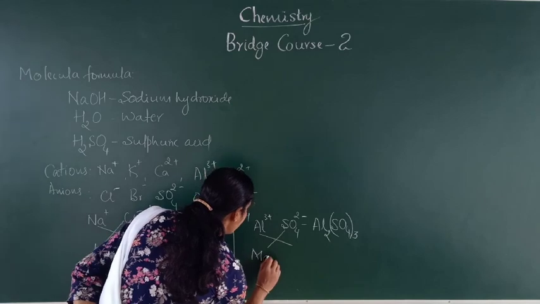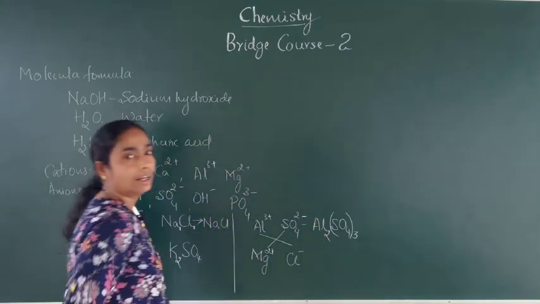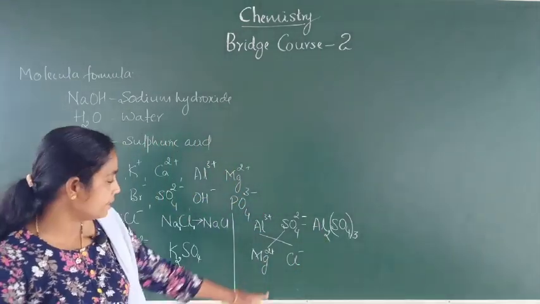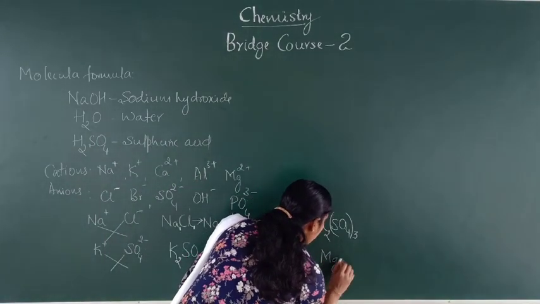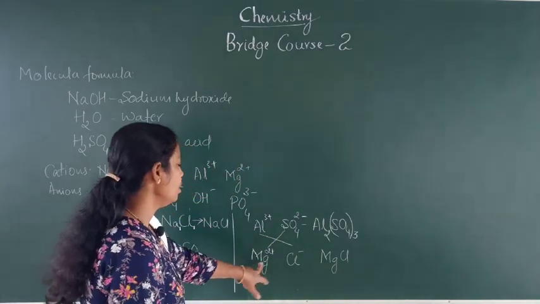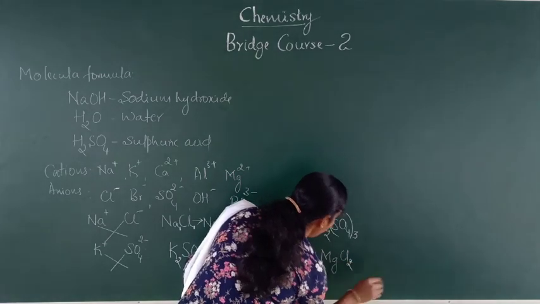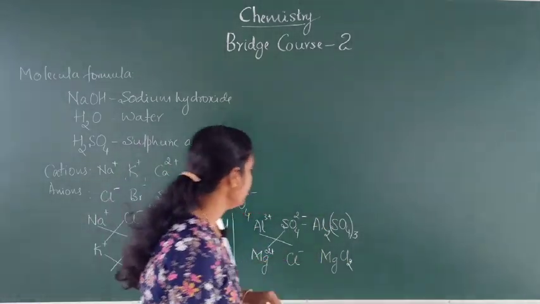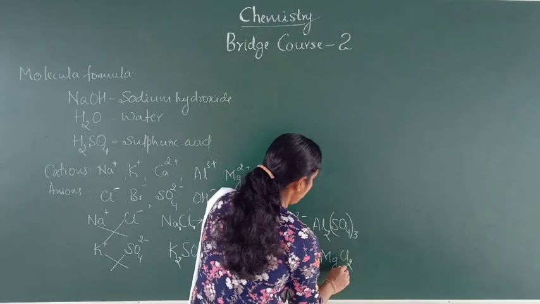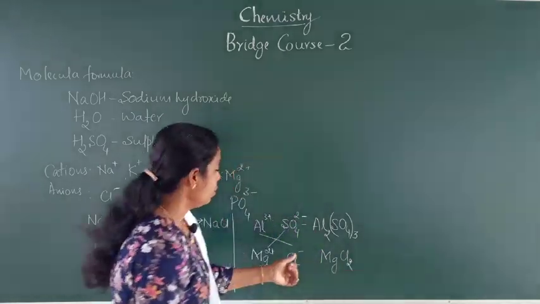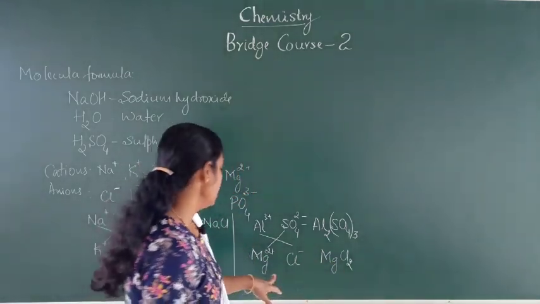Next, we will consider Mg2+ ion and Cl- ion. The combination of Mg2+ ion and Cl- ion gives magnesium chloride. The formula of magnesium chloride is, say charge on the magnesium ion is 2, that we have to write below the anion chloride ion, therefore Cl2. See, charge on the chloride ion is -1, that we should write below magnesium, it is 1, therefore no need to write that. So the formula of magnesium chloride is MgCl2.